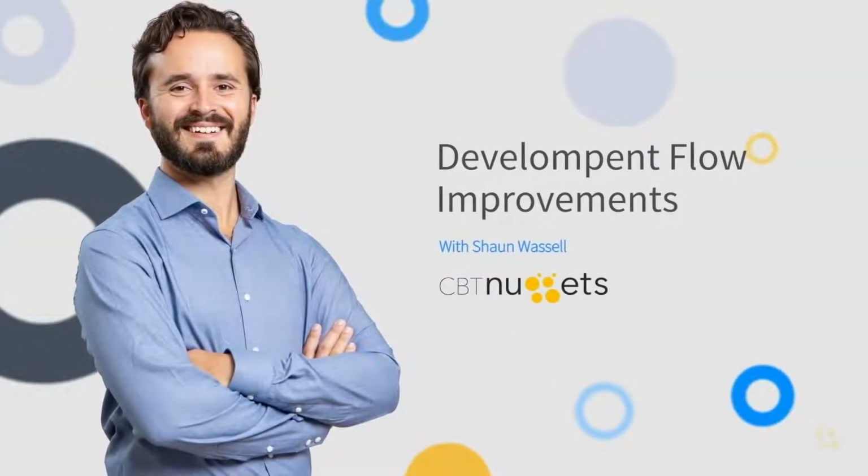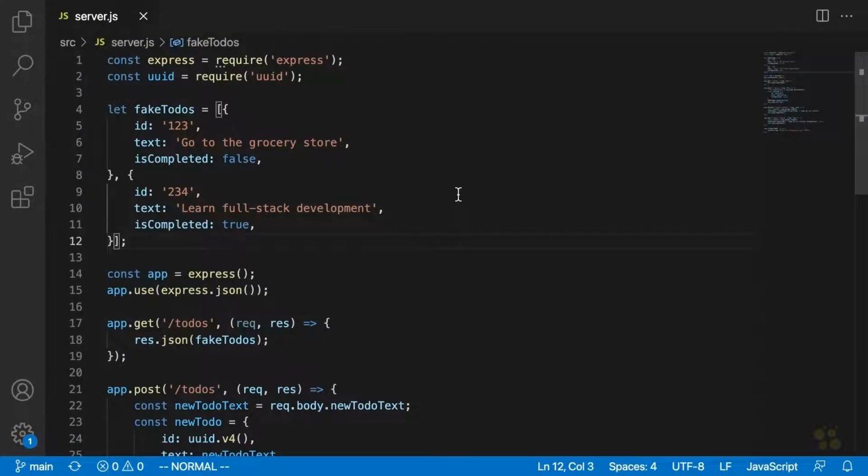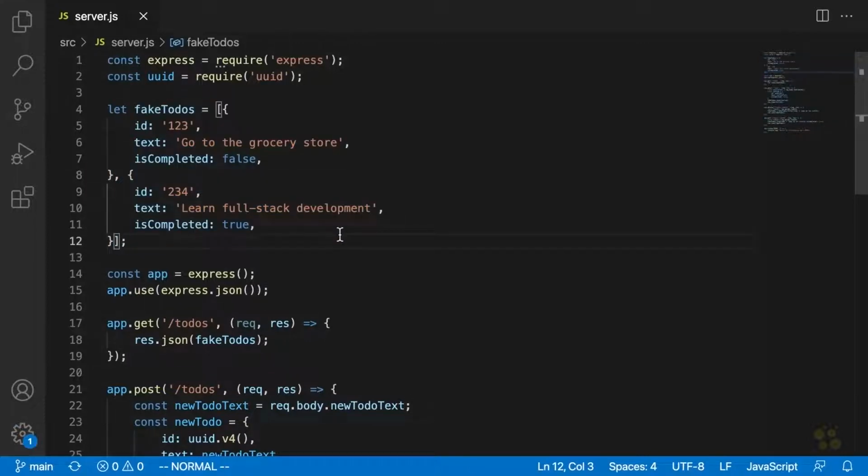All right, so at this point we have an actual Mongo database set up for our backend. And what this means is that we can now convert over our endpoints to use that database instead of this fake in-memory array thing that we've been using, which, as we've seen, gets reset whenever our server restarts. Okay, so we're going to convert over our endpoints, but before we do that, I want to show you a